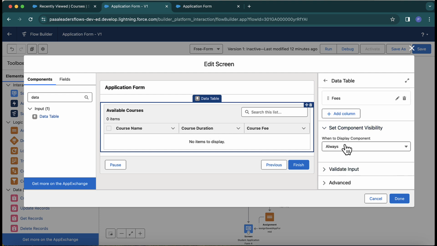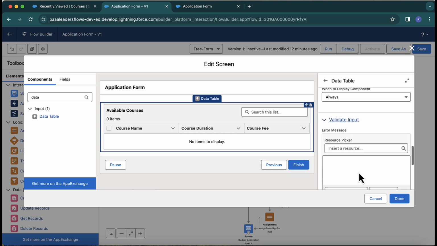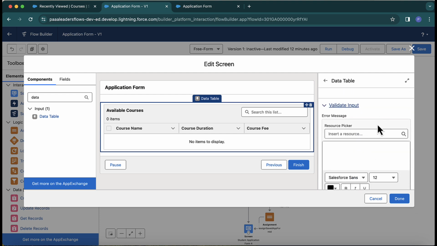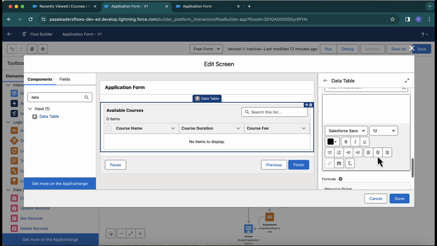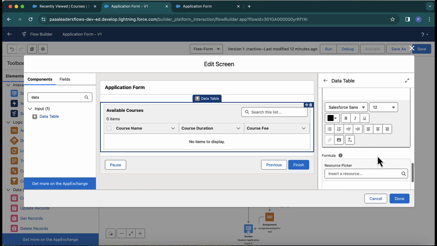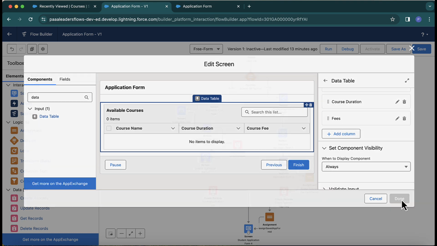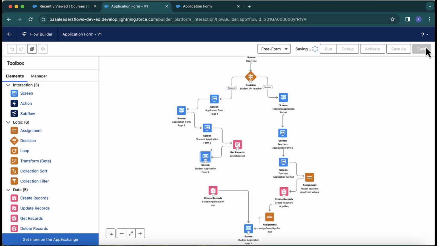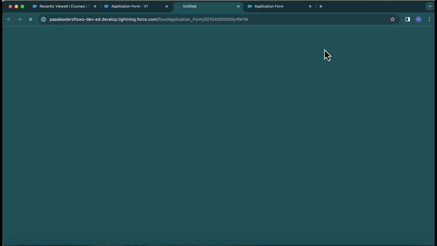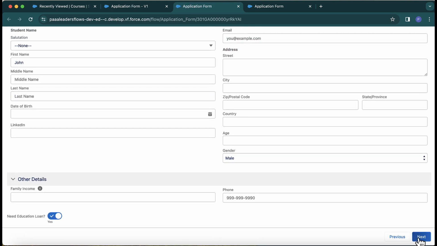Now let's keep the visibility as always, and input validation. You can add some input validation here, which we don't want to do. So this is done, and save. Now click on run. Then click on next,